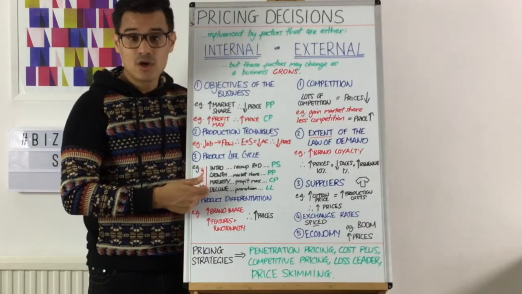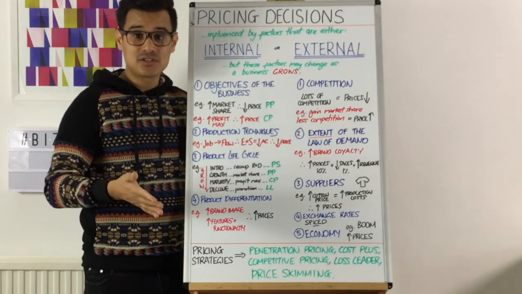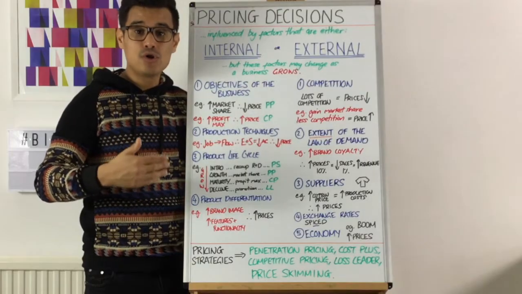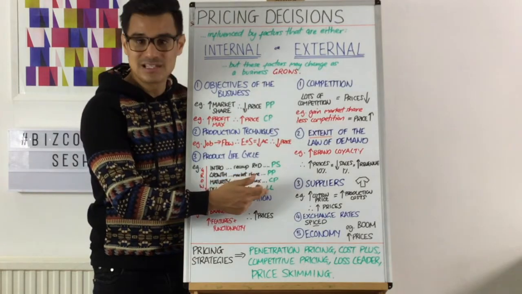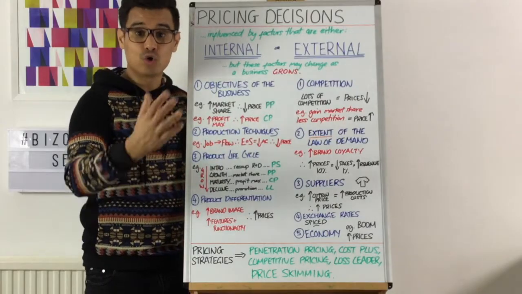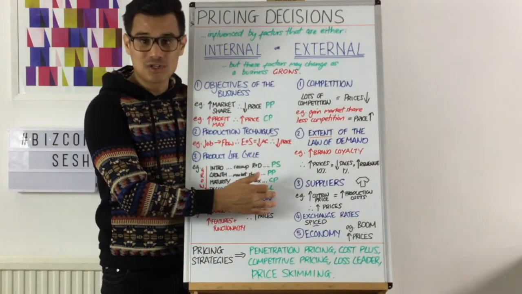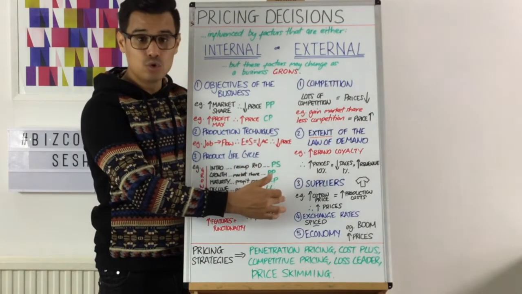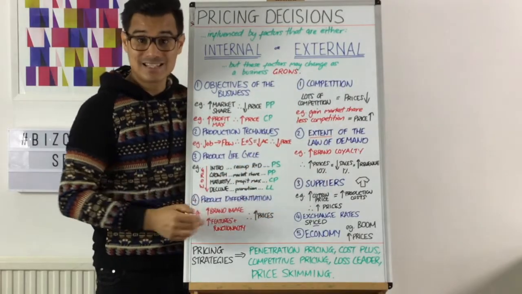And in the decline phase, you might have a range of products, a product portfolio. And you might decide that now that this one product in your range of products is in the decline stage, you could use that one product for a promotional technique. So maybe you could use loss leader pricing. So you are using that one product to get customers into your shops or onto your websites, be it e-commerce or apps for m-commerce. And you'd use loss leader pricing for that strategy, part of that promotional mix. So that's how your pricing decisions will change as your business grows. It's likely you might change your pricing technique.